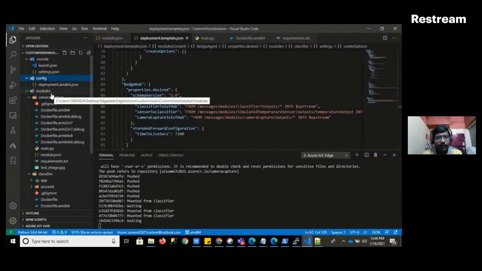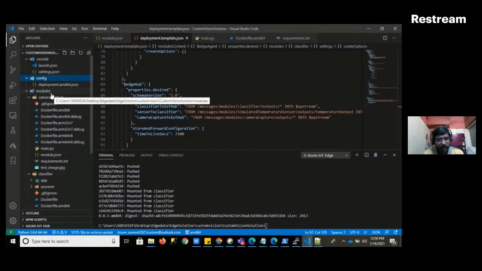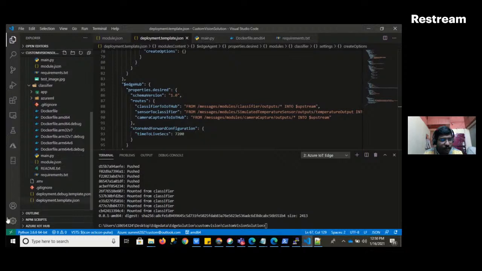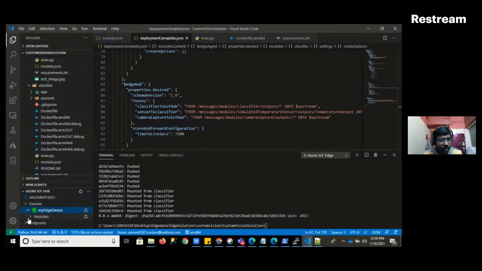The images are mounting, the modules are getting mounted, and it has been pushed within some time. Yeah, it's completed. And then we need to go to our Azure IoT Hub tab, and check for the devices and modules. If you see, we have our sample module and IoT Hub, and everything has run. And then I need to click